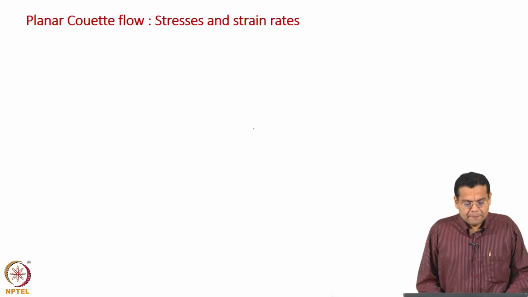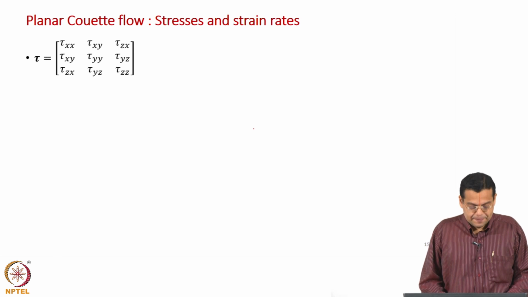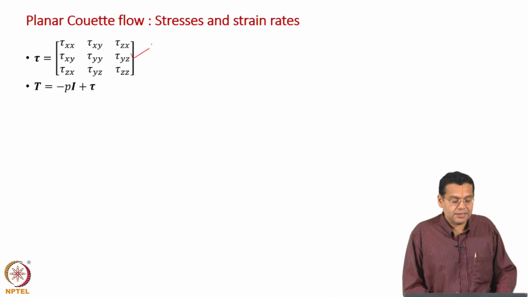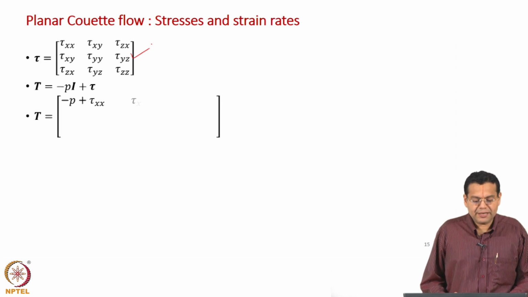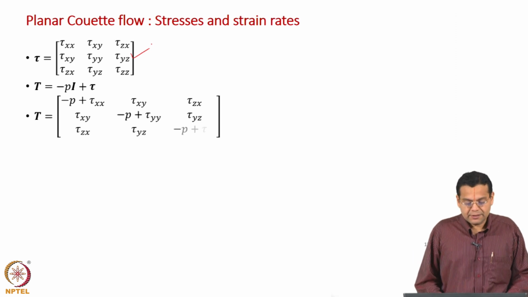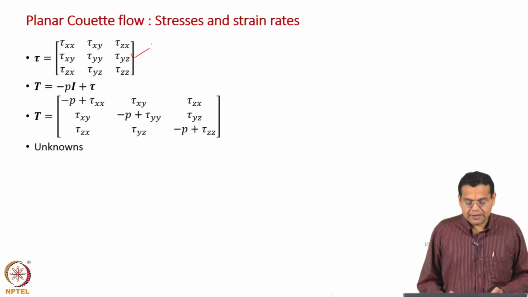Now, we introduced viscous stresses, represented by this viscous stress tensor. We introduced all the components of the viscous stress tensor, normal and shear. We also introduced the total stress tensor, hydrostatic stress plus viscous stress, just the addition of minus p to all the diagonal elements. So, this is where we began. Point is that at that point they are unknowns, just variables.